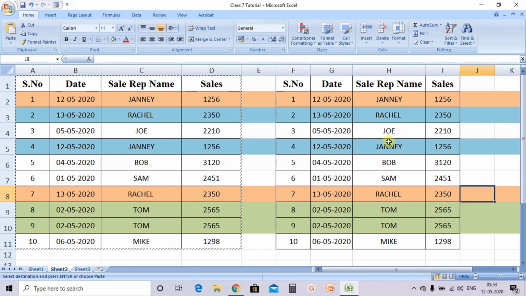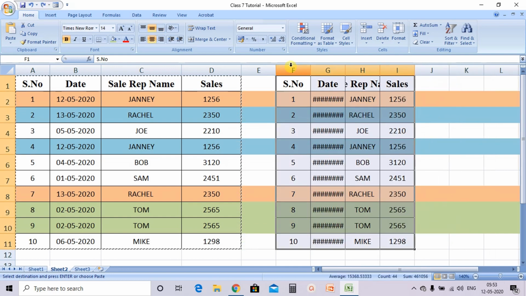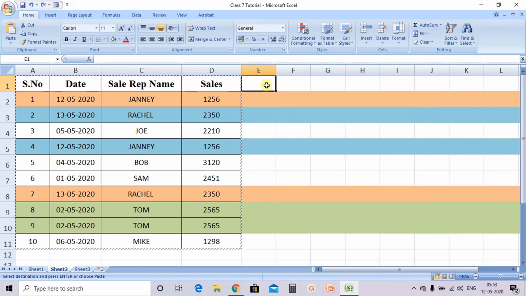But what I want to say to you is that I want to copy this data into another location but with unique records, meaning there should be no duplicacy. So for this we need the advanced filter option. Okay, now see, for example, how we can use this.